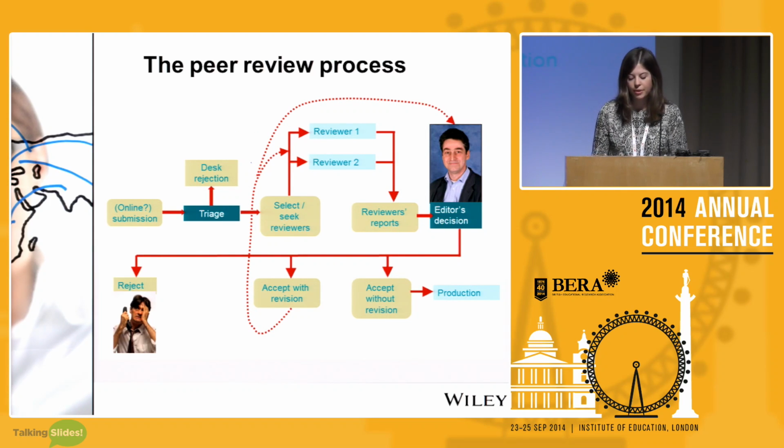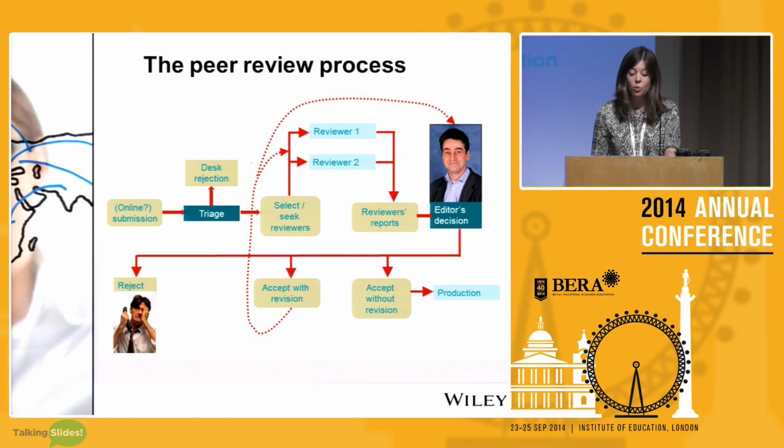So here we have a simplified version of the peer review process. Really what this illustrates is the fact that there may be an initial triage of papers where editors check that their submissions are matching the scope and are approximately suitable before they send out for review. And it's really that section that hopefully this presentation will help you avoid being rejected.